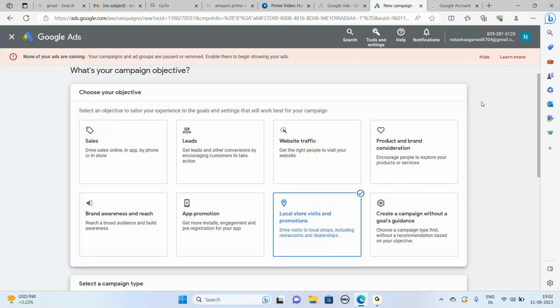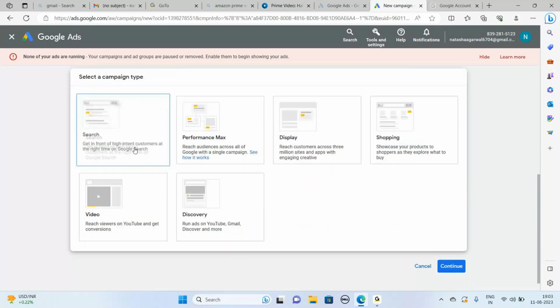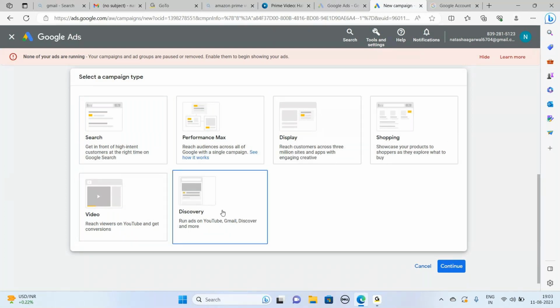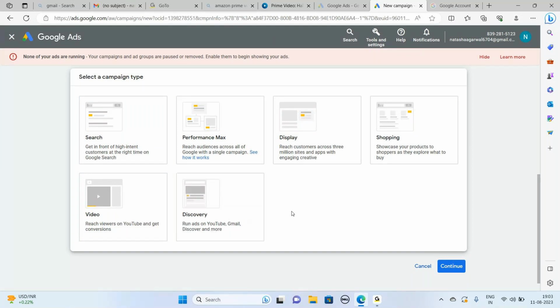So just go back to sales and let us see what those options are. Yes, we have search, then performance max. The next ones are display ads, shopping ads, video ads, and discovery. So these are the common campaign types applicable for goals like sales, web traffic, and leads.